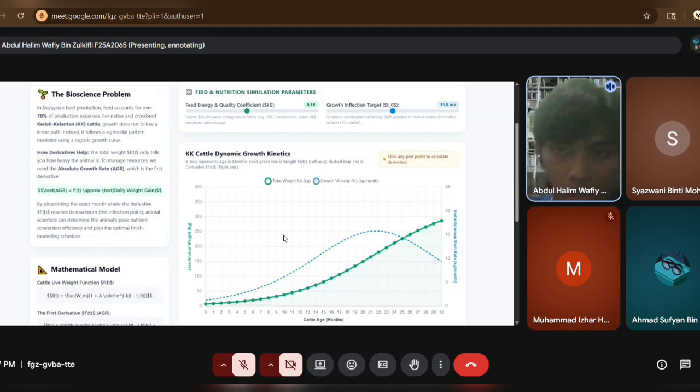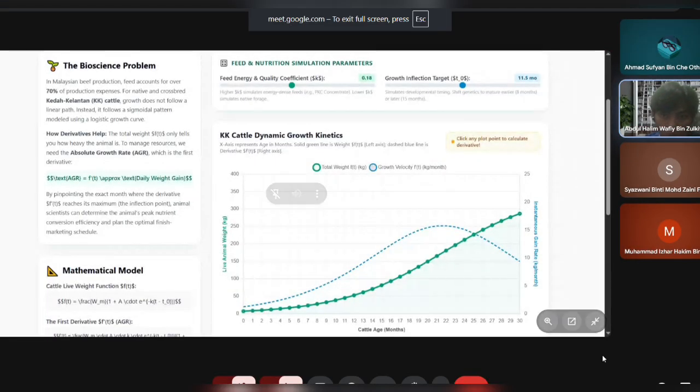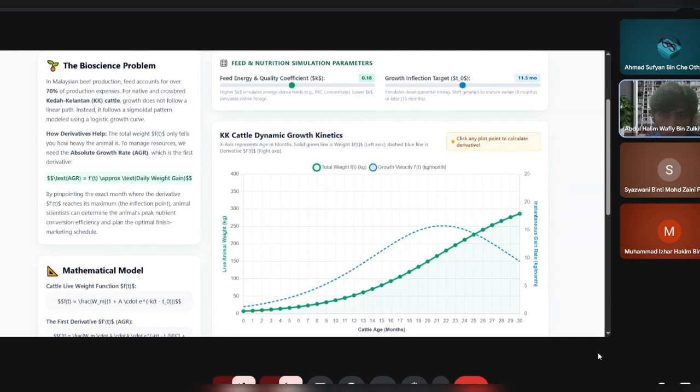Today, I will present a bioscience related calculus in Malaysian animal husbandry: Kedah-Kelantan cattle growth models. This website demonstrates how mathematics, particularly calculus, can be used to analyze cattle growth and improve livestock management. The bioscience problem discussed in this website is the growth patterns of Kedah-Kelantan cattle, which is a local breed in Malaysia. Farmers need to know when cattle growth is most efficient,